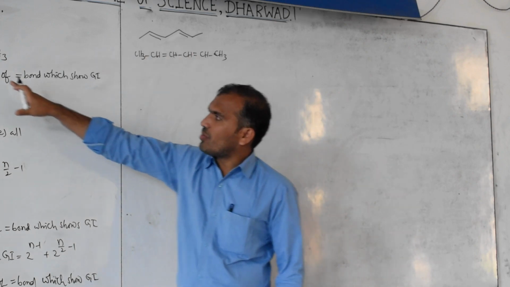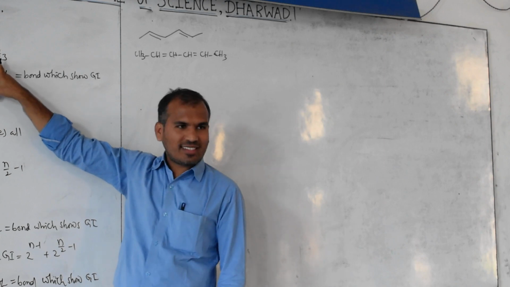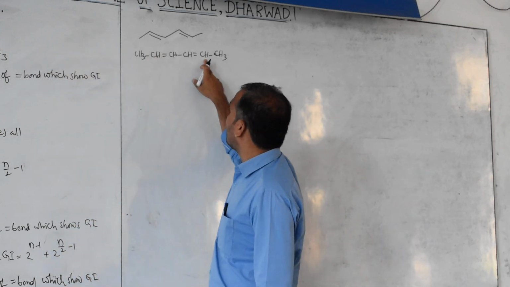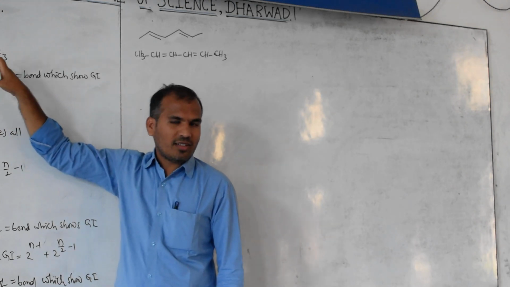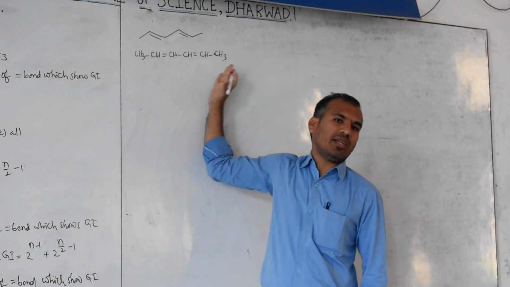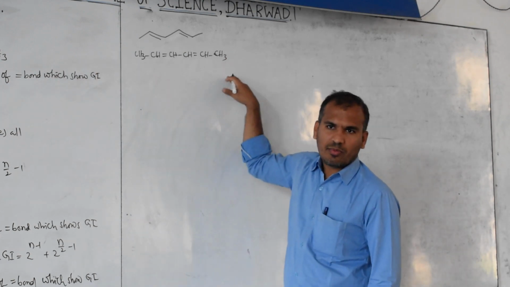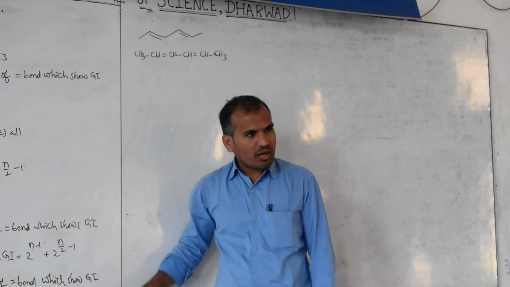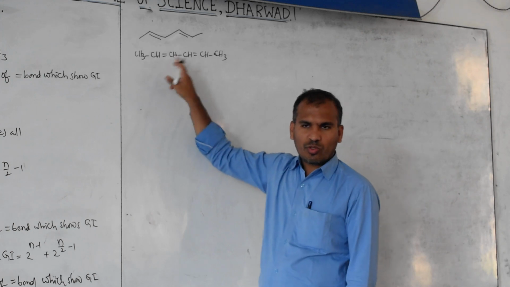This and this, observe. Both are the same molecule. But here an extra CH3 is there. Here only CH3 is there. But it means, sorry, this CH2 is extra. Okay, therefore it is converted to unsymmetrical. This is symmetrical. For unsymmetrical, this 2 power n formula. For symmetrical, for an even number, this formula, and for an odd number, this formula. Okay, now both double bonds show geometrical isomerism.